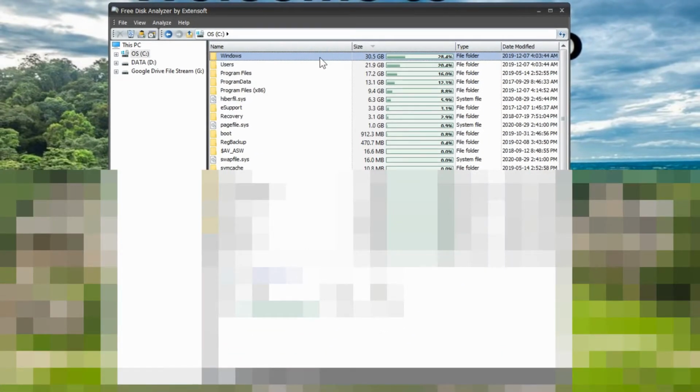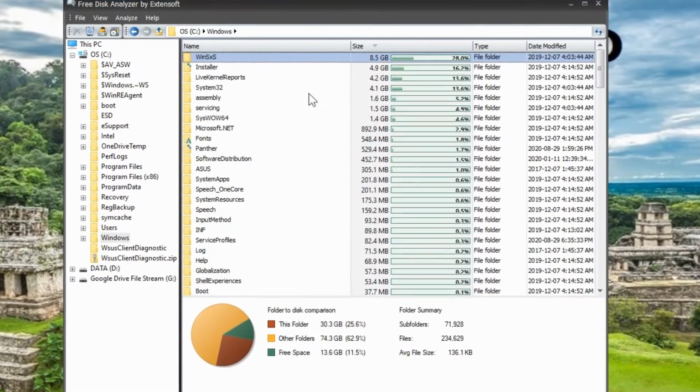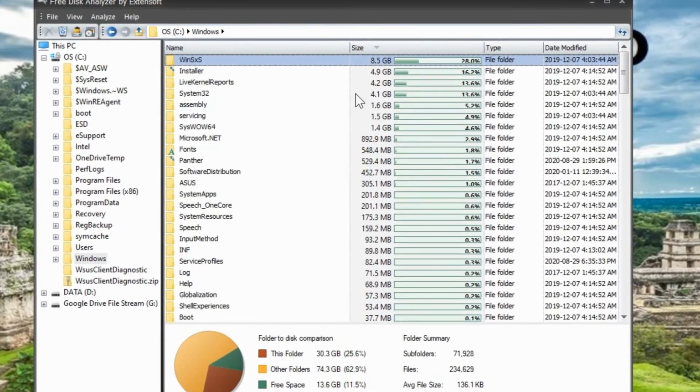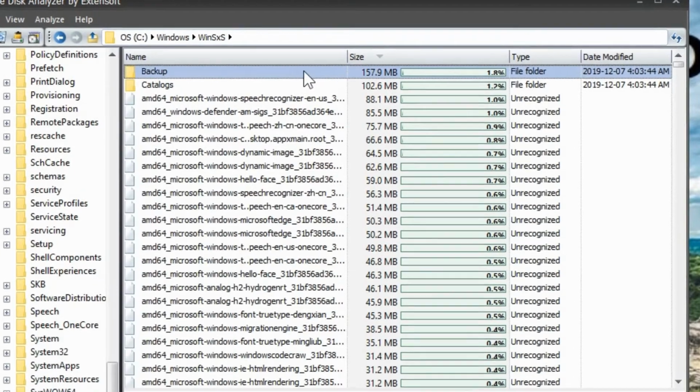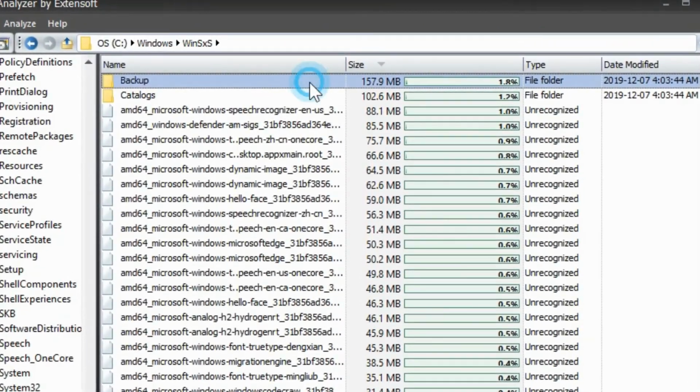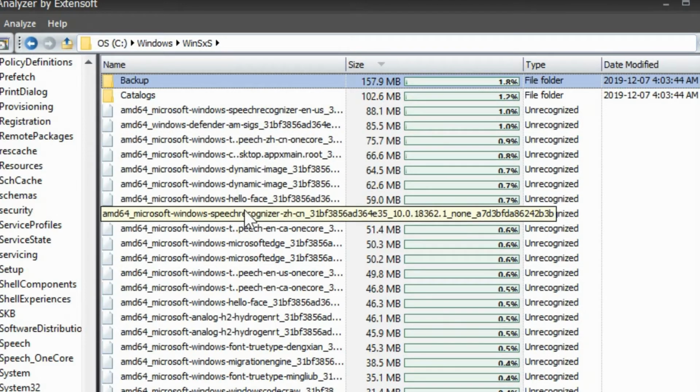Windows does have a lot of stuff, but if we drill down through here, you can see as an example there's a whole bunch of subfolders in that folder, and the biggest one of that is this one. Then if we click into there, we can see the biggest one of that is at the top here, and it's only 157 megabytes. So it's really getting into a small amount, and that consists of only 1.8% of all the different files and folders within this folder.